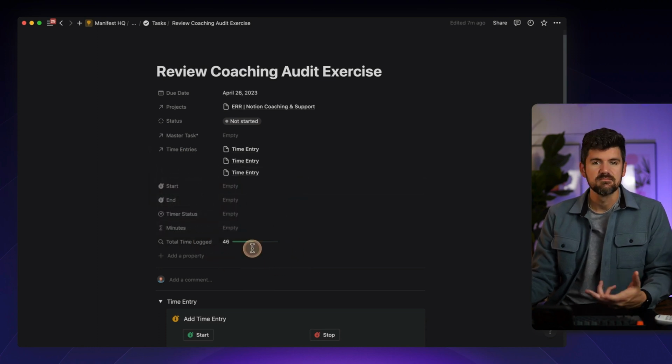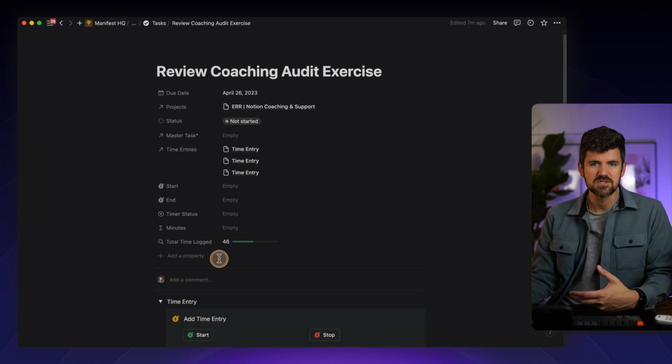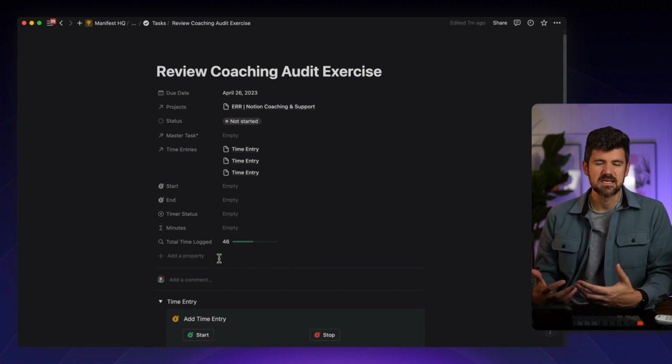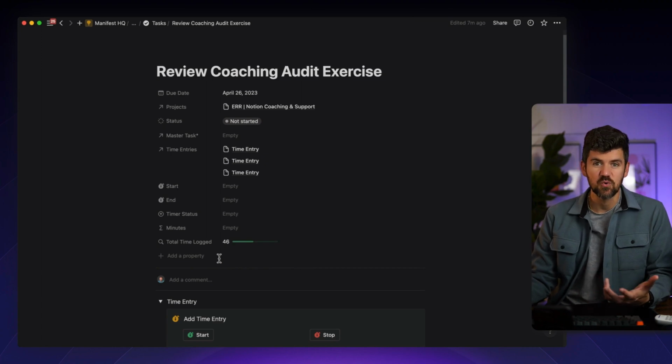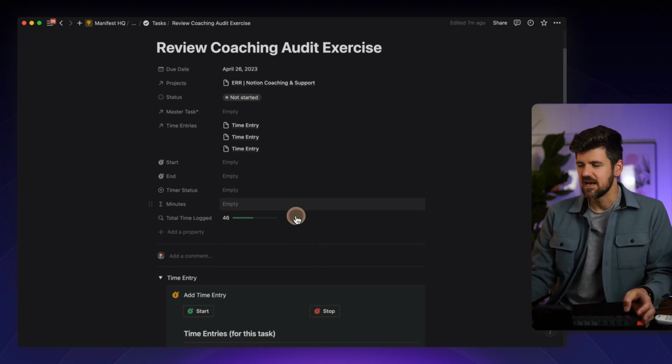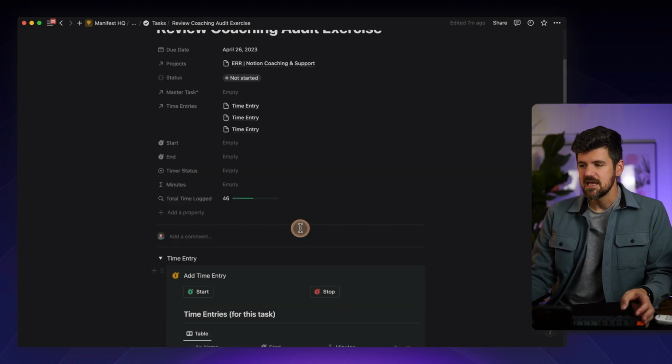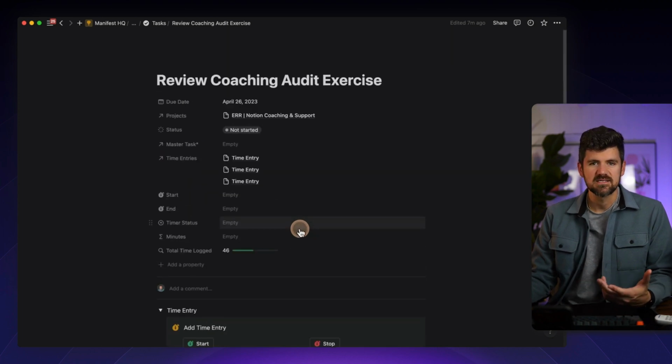So in this case, it might make sense to make this a different color so that if you're seeing these values in the same space, you can differentiate between time entry minutes and task total minutes. Getting into the weeds there a little bit, but something to keep in mind. So from here, this is an example of when we've got tasks where you are regularly in it in small